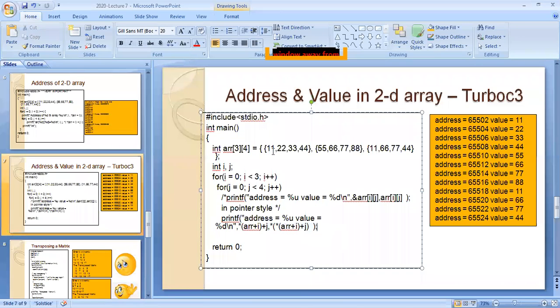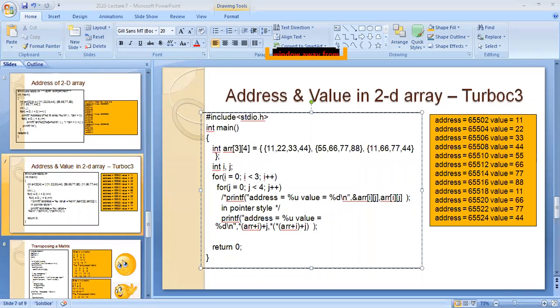Okay. So now you come for a question. Take the same example. I will take a 3 cross 3 array. Now you tell me the address and value for array[1][2].